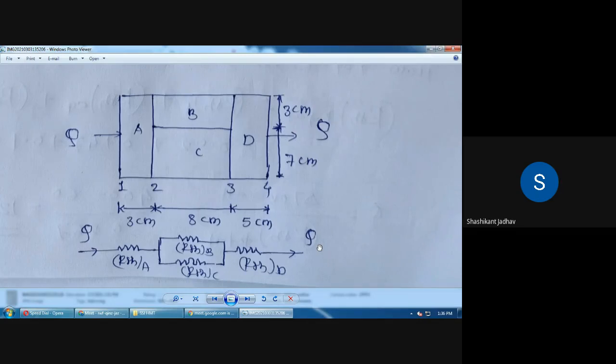Can anyone tell me what is the equation to solve the composite wall? Unmute yourself and tell me the answer. How to calculate the heat transfer rate for this composite wall? What is the standard equation? Can anyone unmute yourself and tell me the answer? What is the standard equation? कोण सांगताय? Unmute yourself. सांगा, चुकलं तर चुकू द्या. Tell me the answer for the composite wall.